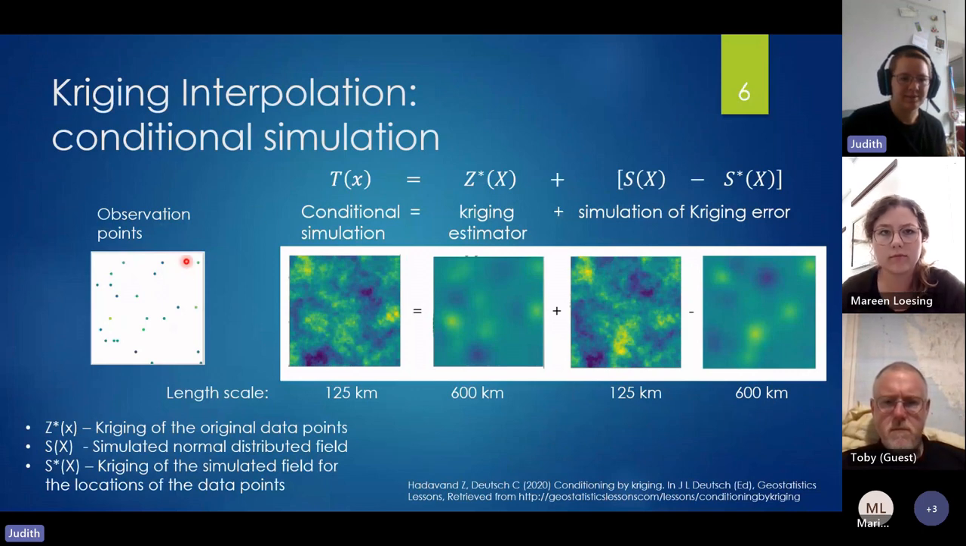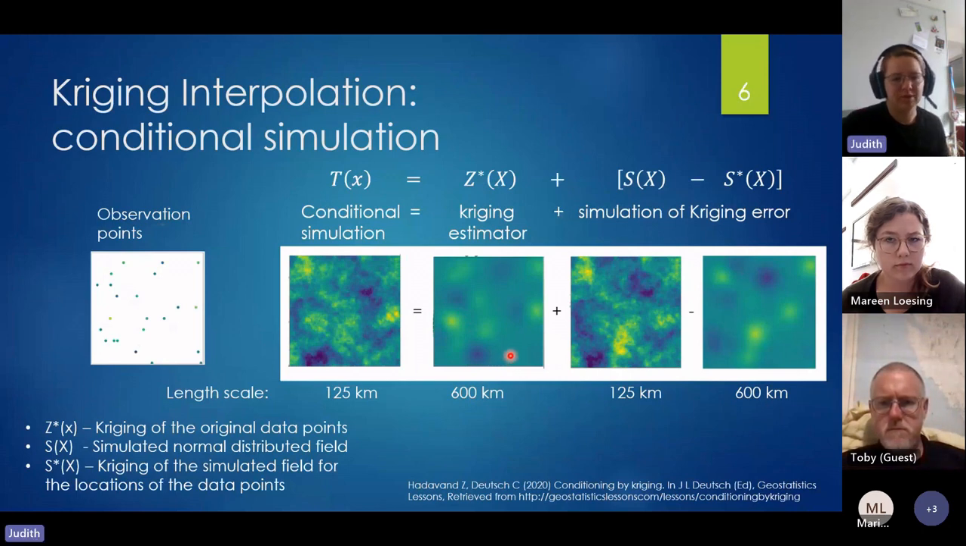So this is just an example, not the Greenland area, to explain the conditional simulation. Here we get our observation points and first do a normal kriging interpolation, which results in our kriging estimator. For Greenland, this would be in the length scale of 600 kilometers. Then we perform